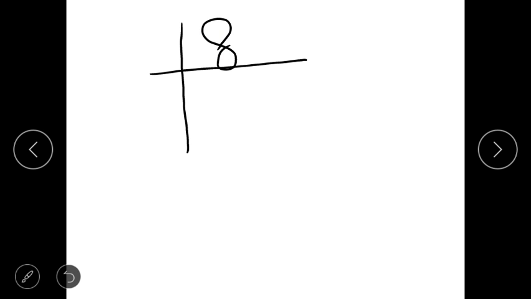Short way method. In the short way method, children, we have to make this type of column. And as we are dividing 820, so 820 is the dividend. That dividend you have to write inside. Okay. And we are dividing 820 by 3, so 3 is the divisor. Divisor you have to write here. As you know, we always read the table of the divisor, that is 3. So you have to read the table of 3. This 0 is in ones place, 2 is in tens place, and 8 is in hundred place.